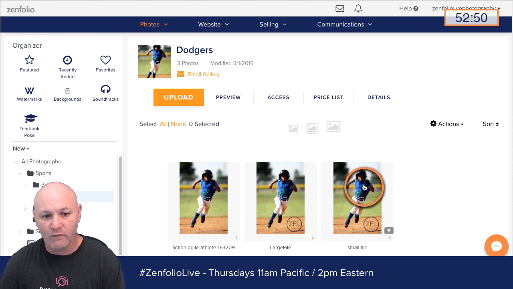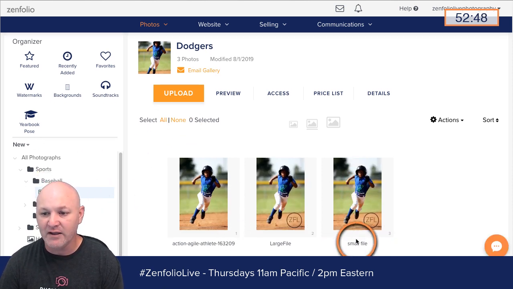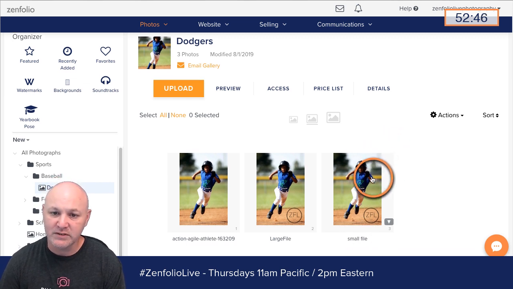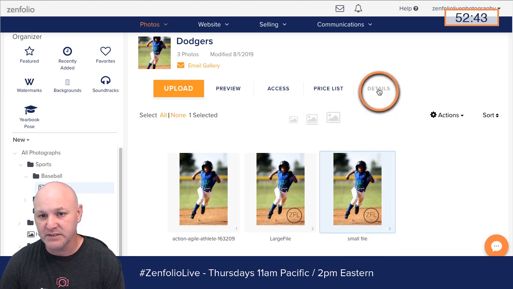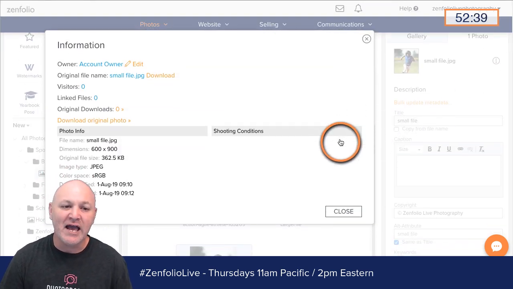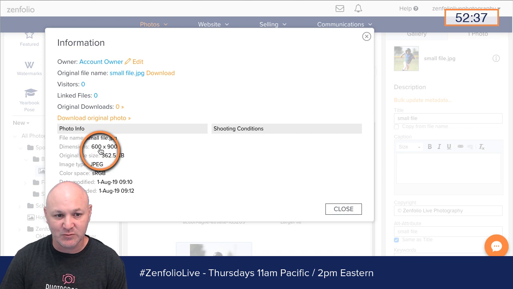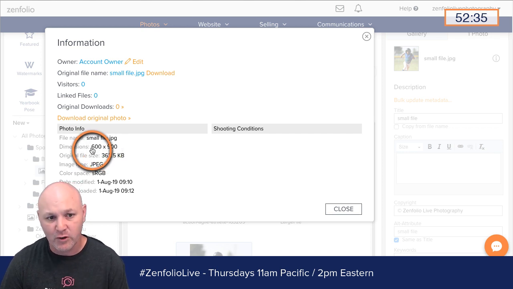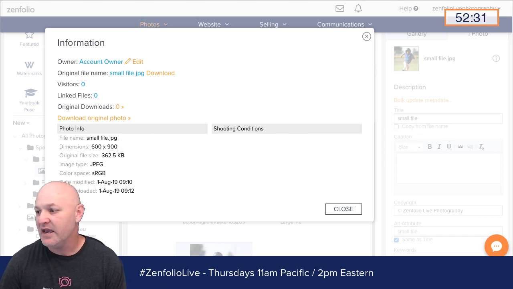If I go over here to this one that says small file, we're going to click on this image, go to details, and click the info icon, and that will give us the dimensions right here. So this current photo is 600 pixels by 900 pixels. I want to see if that's going to meet that 1 megapixel requirement, and this is how you're going to do that.